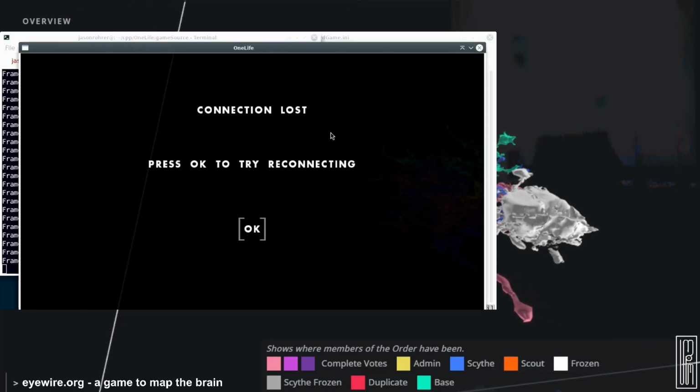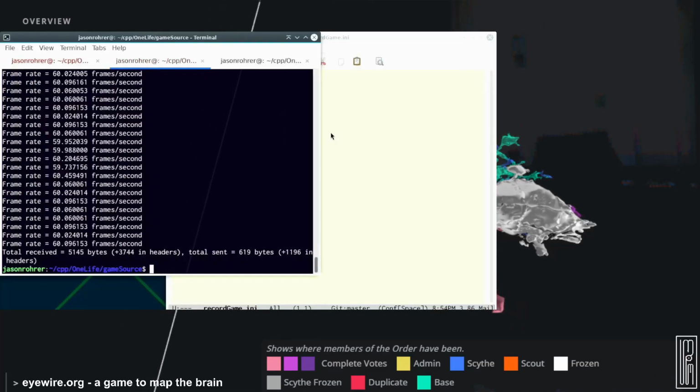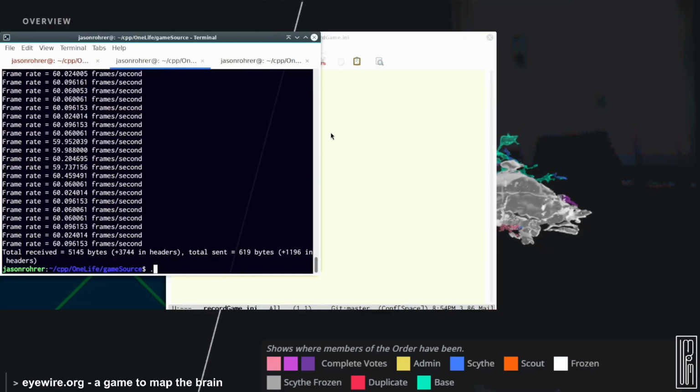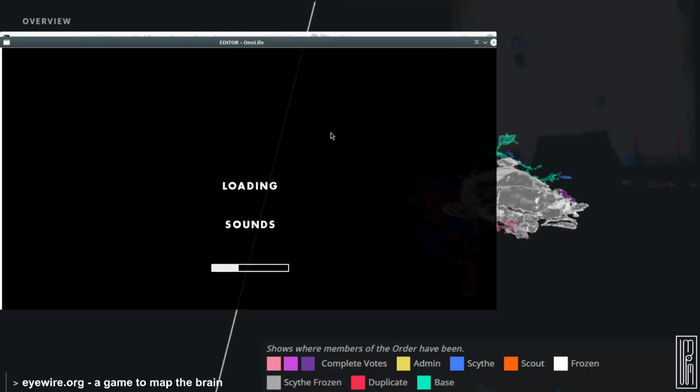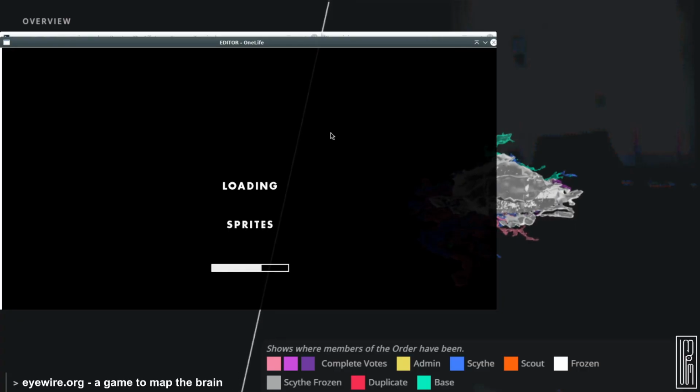But the other thing about the 1 Hour, 1 Life engine is, let's say I want to make a change to the content. I want to change those sheep that are walking around. I want to make them black. So let's open the editor up. The editor's loading up, and it only takes about 10 to 15 seconds, which is pretty quick for a game that's